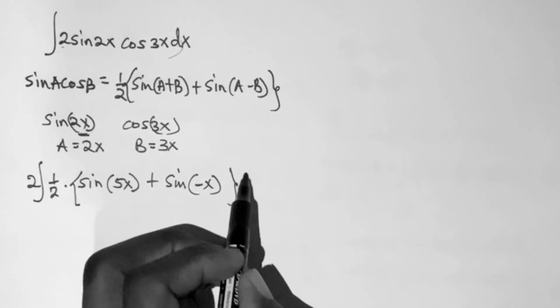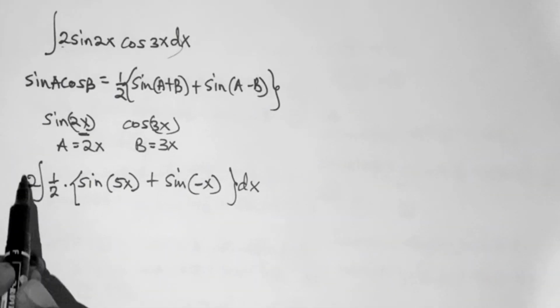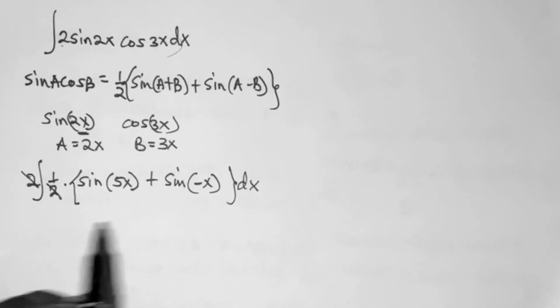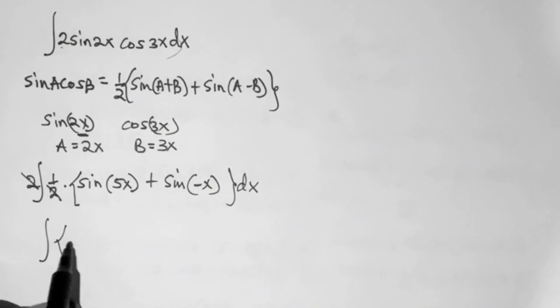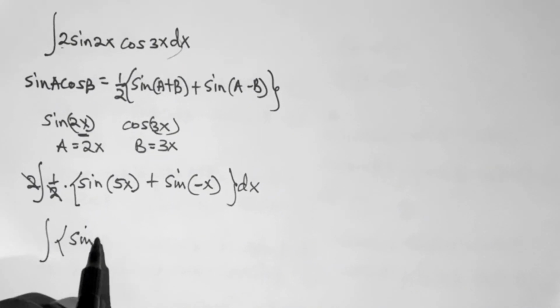So then dx. Now these two and then these two can cancel out, so the integral becomes integral of [sine 5x,